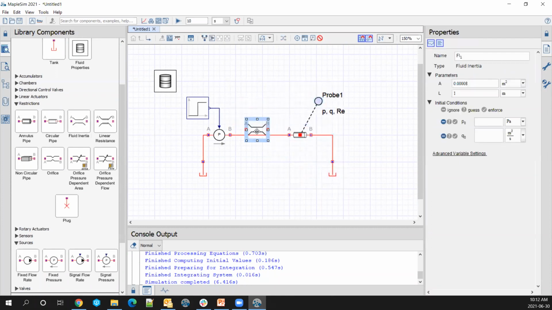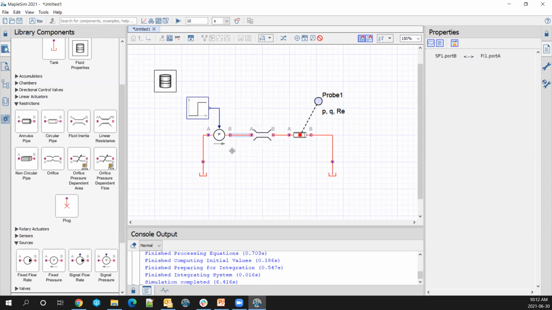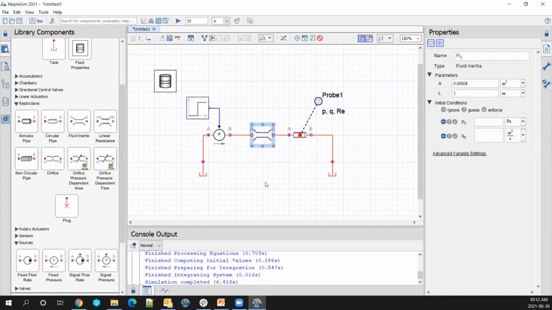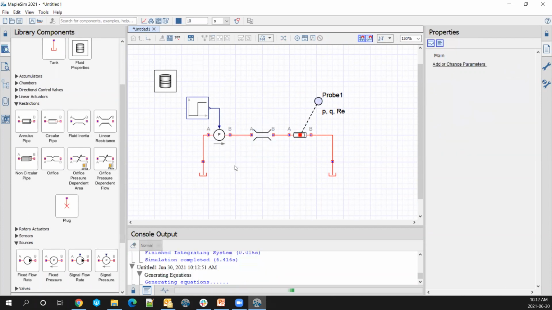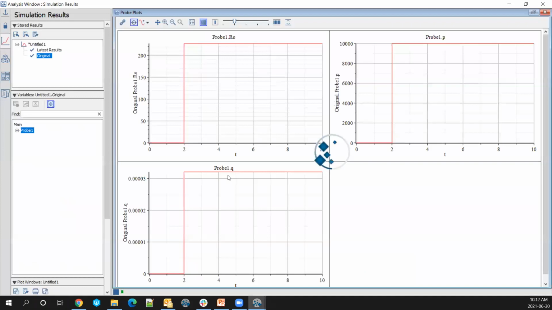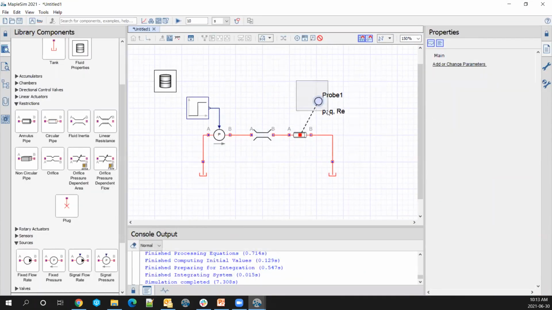I do that by just selecting it and putting it in between the connection points, which will automatically make the connection. If not, you can just delete the connections and connect the ports with respect to one another. For now, I'm going to leave everything at default. I'm not going to change any values here, and I'm going to hit generate. What this does is overlap the old results that I've saved with the new results for the ports that have the same name. Now, because I haven't changed the name of the ports here, it's just going to overlap results on top of each other,